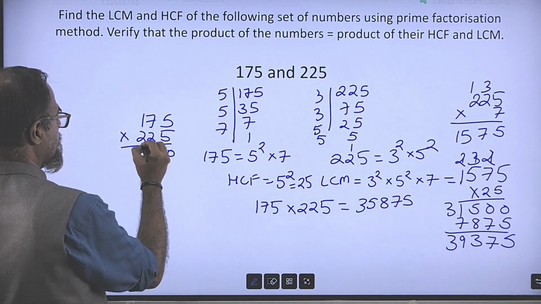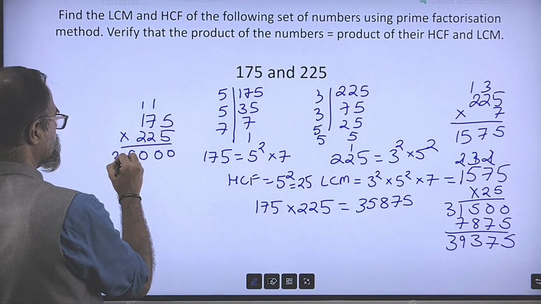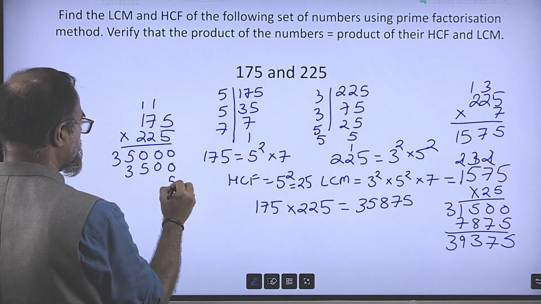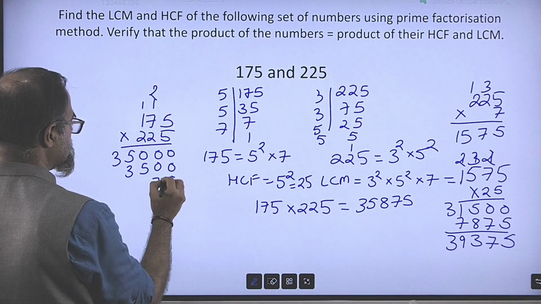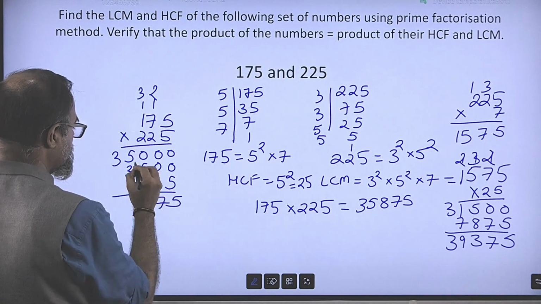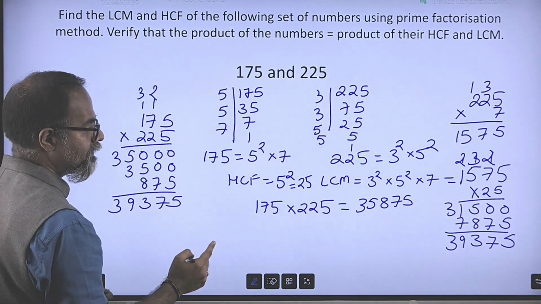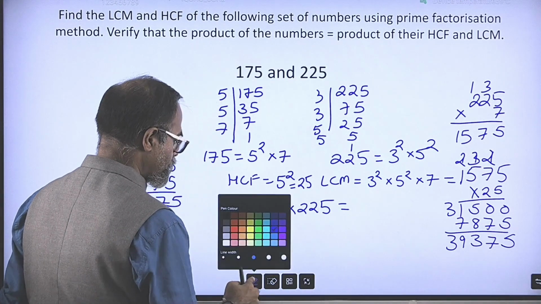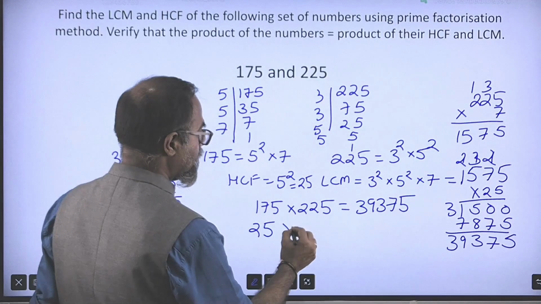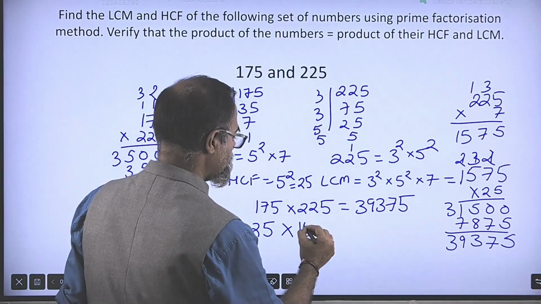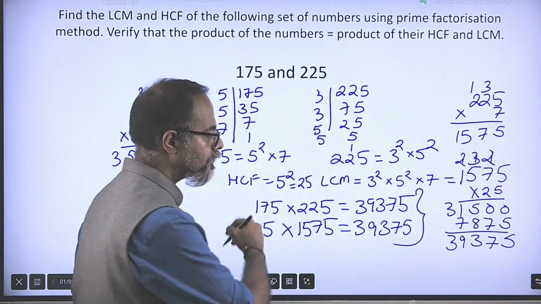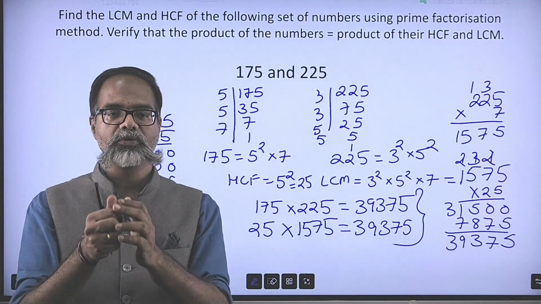So 2 5s are 10, 2 7s are 14, 15, 2 1s are 2, 3. 5 5s are 25, 5 7s are 35, 37, 5 1s are 5, 6, 7, 8. So 39375. And yes, now we get this is 39375, and 25 multiplied by 1575 is also 39375. So the product of the two numbers is equal to the product of their HCF and